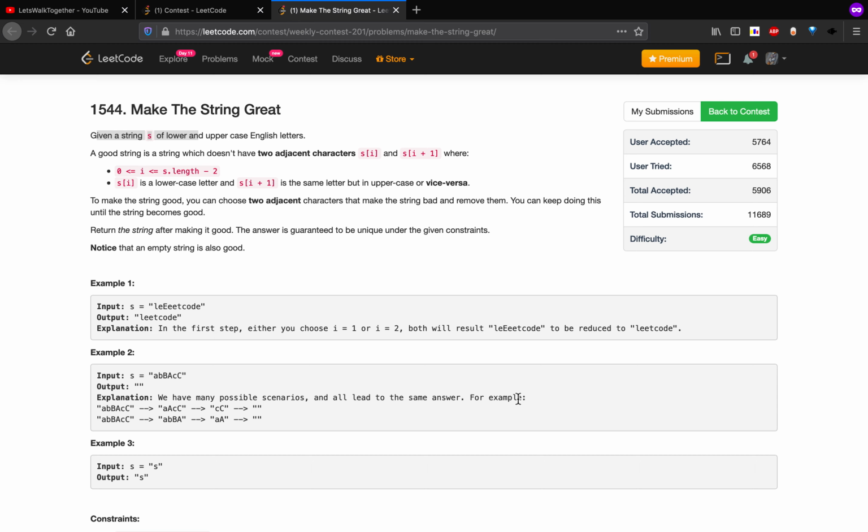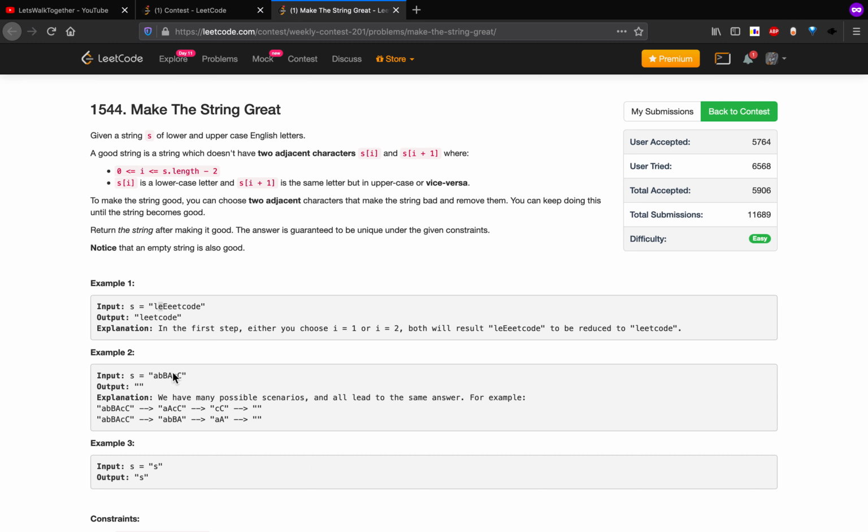So the definition of a good string is this: we don't have any two adjacent characters s[i] and s[i+1] such that one is uppercase and the other is lowercase, and they both result in the same value. So for example, here we have this leEeetcode.